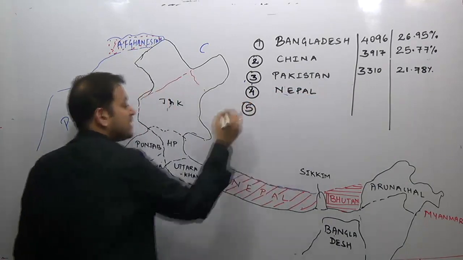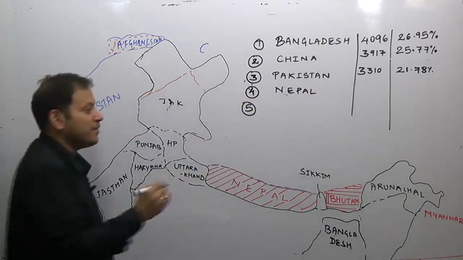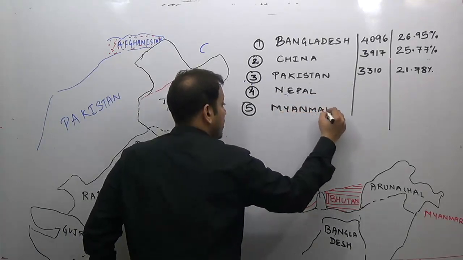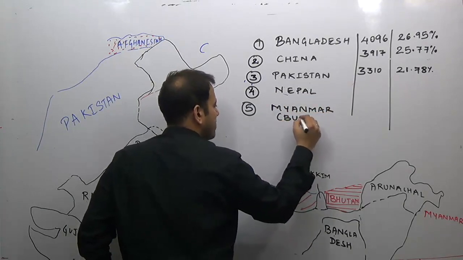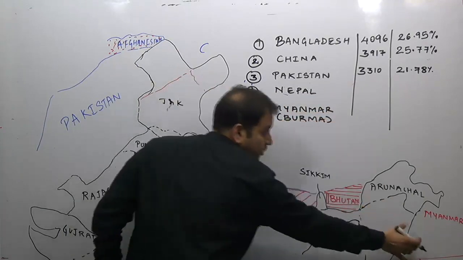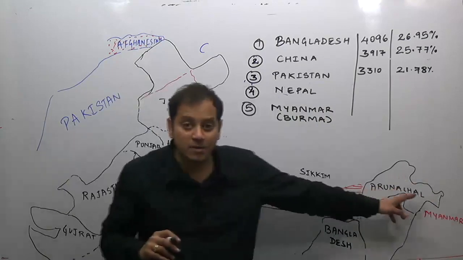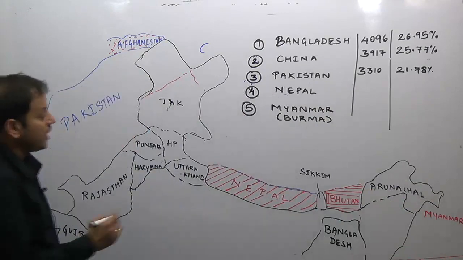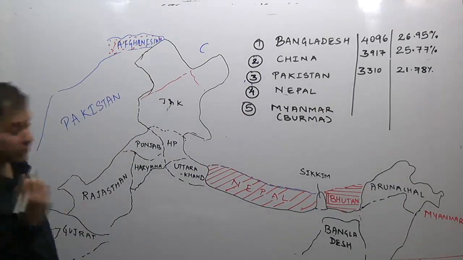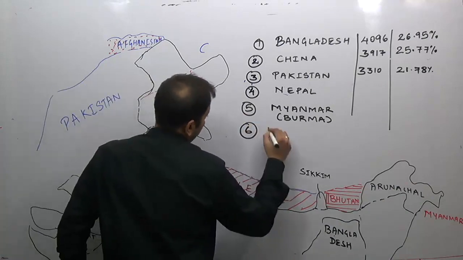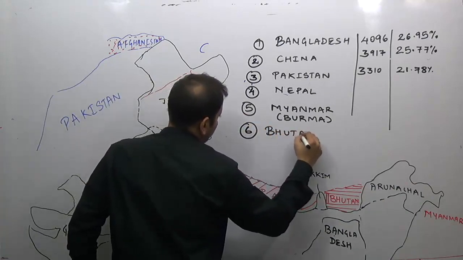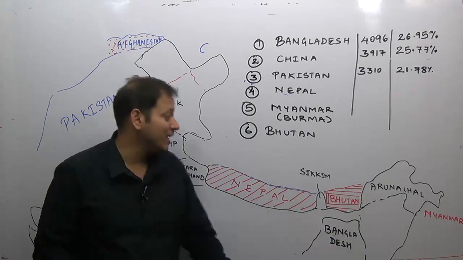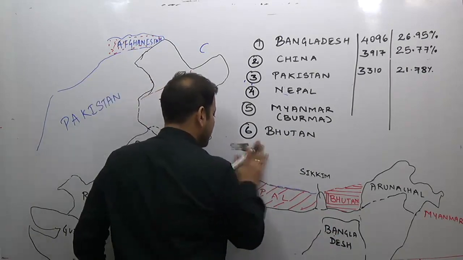The fourth is the next country we share with, Myanmar, or the old name of Myanmar is Burma. Which part? This part, right from Arunachal Pradesh in the north to Mizoram in the south, is the boundary with Myanmar. Then we share next with Bhutan. The states here are Sikkim, Arunachal, and remember West Bengal. And seventh is with Afghanistan.